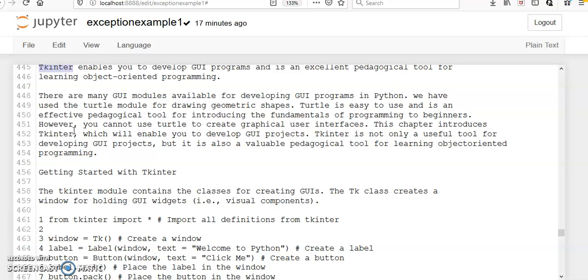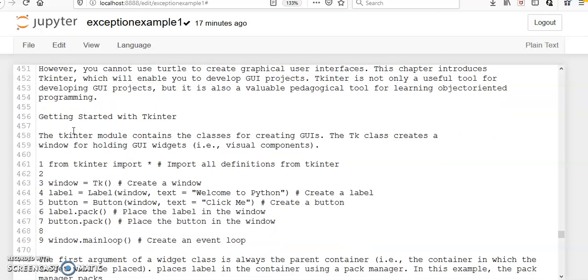So this chapter introduces tkinter, which will enable you to develop GUI projects. Tkinter is not only a useful tool for developing GUI projects, but also a valuable pedagogical tool for learning object-oriented programming. Now we will see how to use tkinter to develop a GUI program.